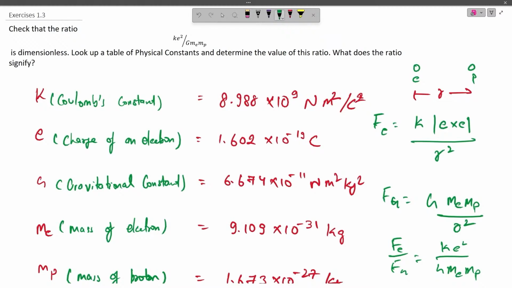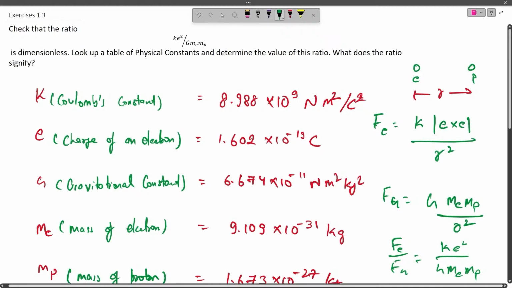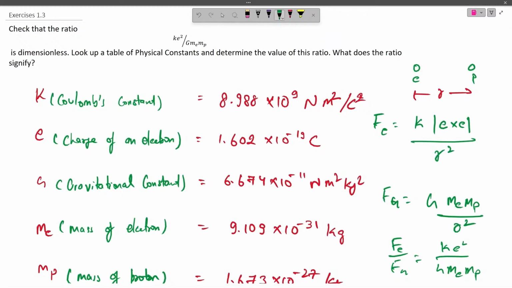So here we know that K is the Coulomb's constant, that is given by 8.988 into 10 to the power 9 meters square per coulomb square. Similarly, charge of electron, we know the value, and we have to take this value from the table. And G, the value of G is also known, the mass of electron and mass of proton is also known. So substituting these values